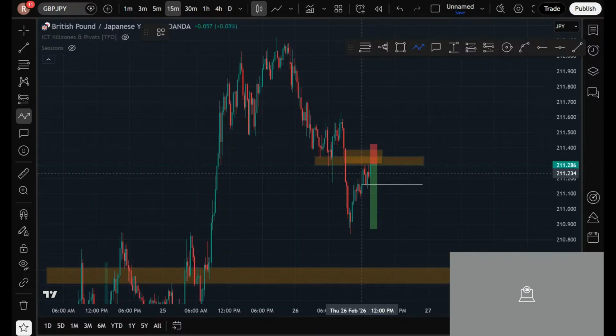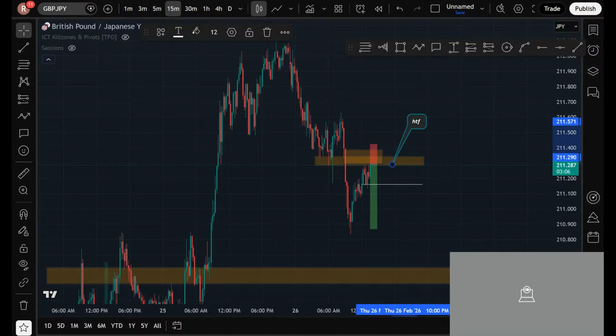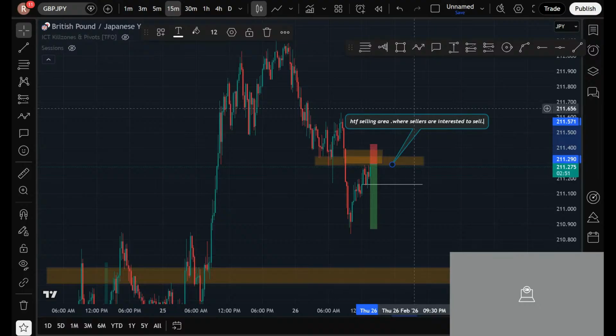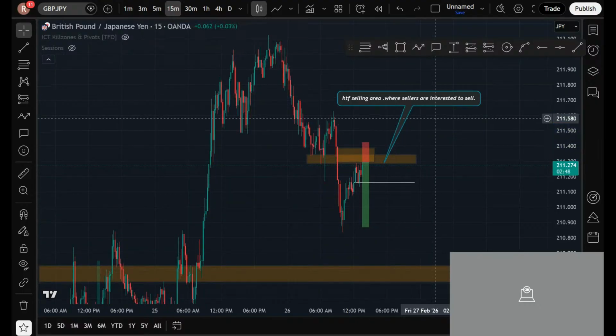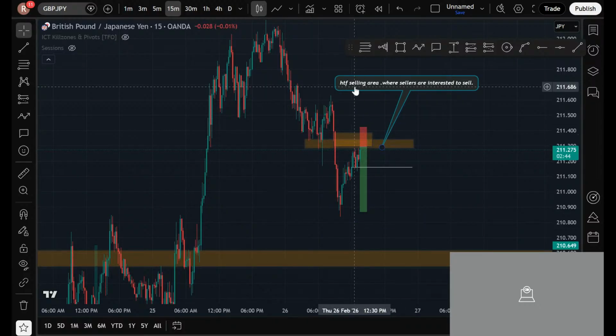My bias from this point is to go down, because where we are at the higher time frame, selling area, where sellers are interested to sell, right? Am I right? This is logical, because this area is the area from where sellers are interested to sell,